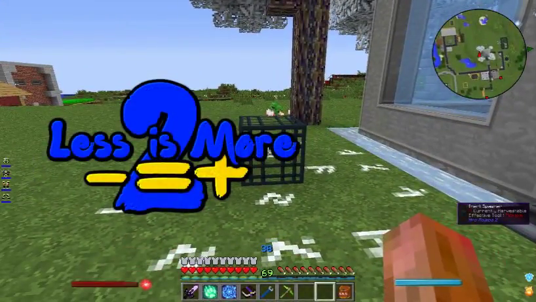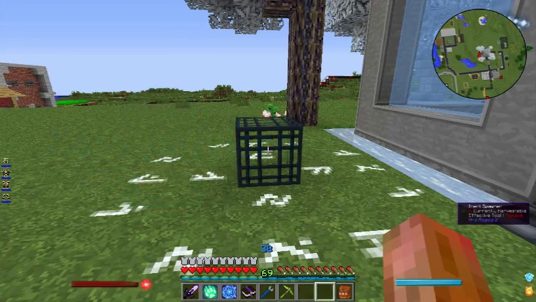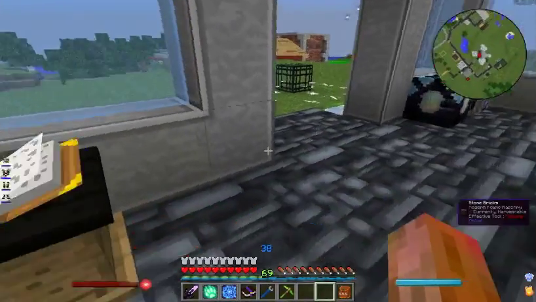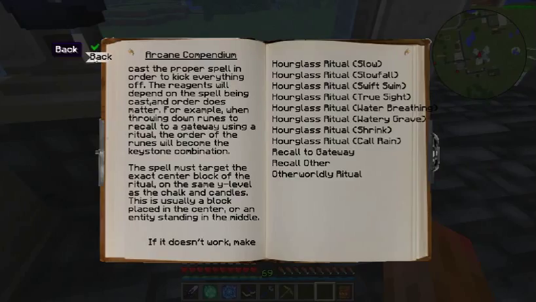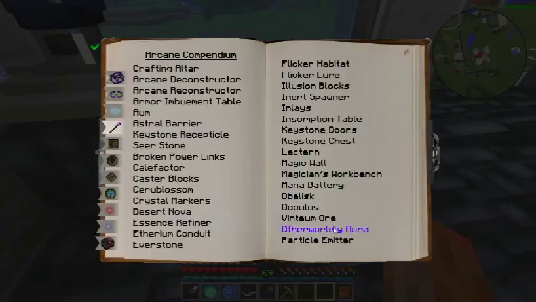So we are delving into the deep mysteries of Ars Magica. No, really, we are. This one, that sounded so stupid. We're working on getting an Otherworldly aura. If you've never seen or done this before, let's see if I can find this. Otherworldly aura